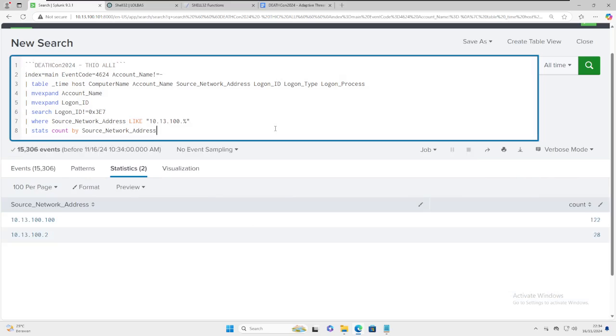There are two IPs that were used to log on. The first one is 100 and the second is 2. From this we can use the most common pattern, which is the 100 IP.